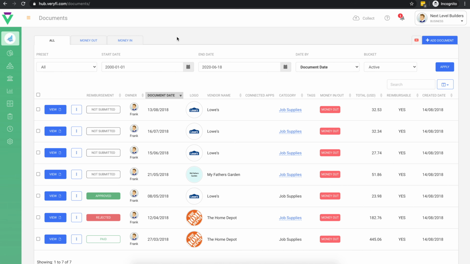In this video, we'll be taking a look at expense reports in Veryfi. Expense reports allow employees to get their work-related expenses approved and reimbursed. Before we create our first expense report, let's take a look at a profile setting that helps distinguish reimbursable from